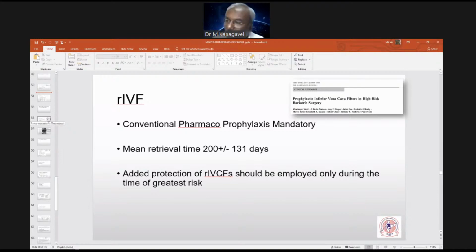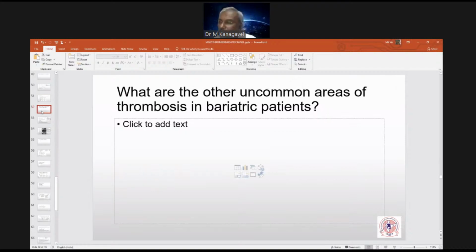Dr. Vasant, I'm going to ask you one question in between before we run into your question. There is a question from one of our senior colleagues, Dr. Pramod Shinde, in the chat box. He asked, do you get a venous Doppler of the lower limbs as a pre-op mandatory test in all patients? As you rightly said, many of them may not be symptomatic, or you really don't know whether they already have a silent thrombus somewhere. So what is the take on preoperative venous Doppler,